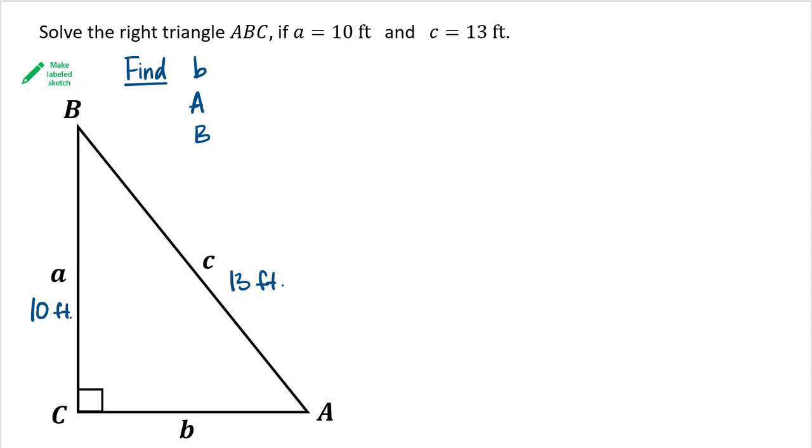It doesn't matter in which order we're going to find the unknown sides and angles. A lot of times there are several options, but if I decide to go in order, then first I'll have to find side B. What do I use to find side B if I know side A and C? Well, here I know two sides of the right triangle. I need to find the third side. We can use the Pythagorean Theorem, right? So by the Pythagorean Theorem,